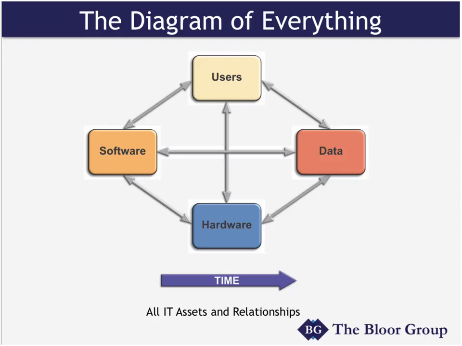So I looked at it a long time ago. I drew this diagram, which is at least 20 years old. I call it the diagram of everything, because it's a way to look at everything that exists in the IT environment. There are really only four pieces: users, data, software, and hardware. And of course, they change over time. But when you look at this, you realize there is a hierarchical explosion of each one of these pieces. Hardware can be a server, but a server consists of possibly multiple CPUs,